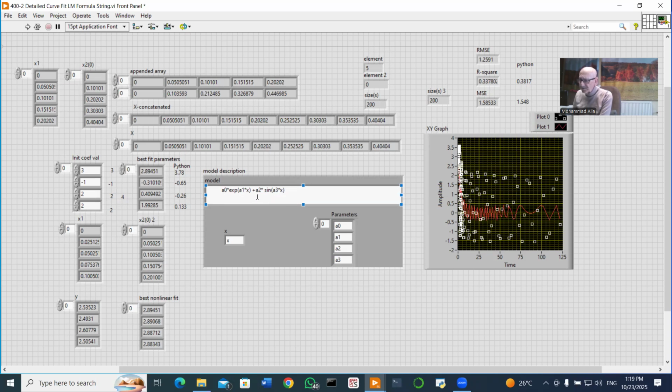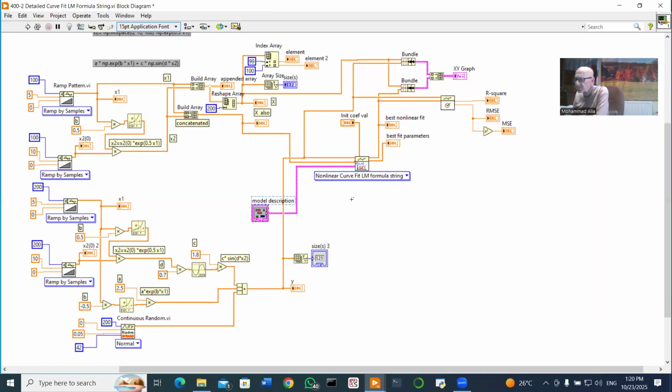So here we have A3, A2, A1, A0, 4 coefficients. Here they are fixed exactly in the same sequence, A0, A1, A2, A3. The variable x is shown here. This x now represents the concatenated x, of course. And with this, we have finished with the input side of this